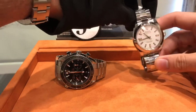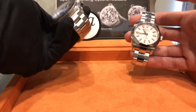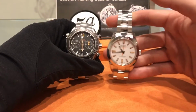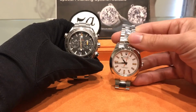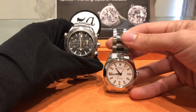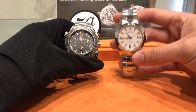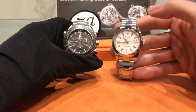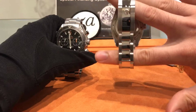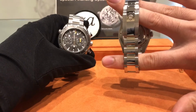First thing I want to talk to you guys about is price. So we have this Rolex Milgauss here, actually one of the more rare models of the Milgauss because it has the white dial with orange indices. The most popular tend to be the blue dial and black dial. So this comes in at about $5,000, and this is pre-owned and has been authenticated, refurbished, and any servicing that